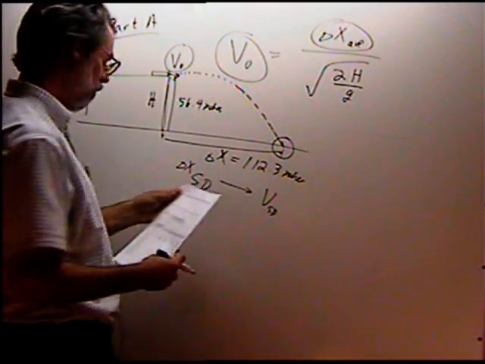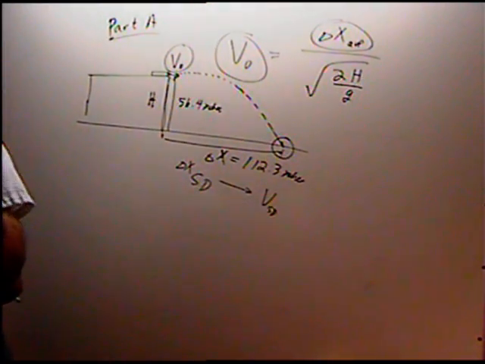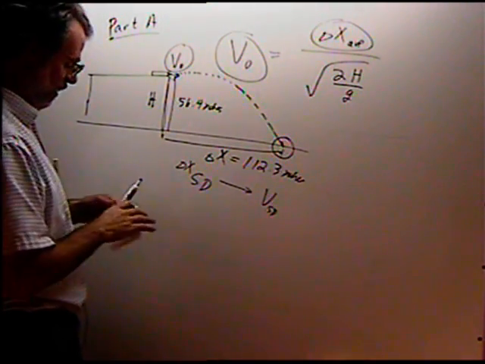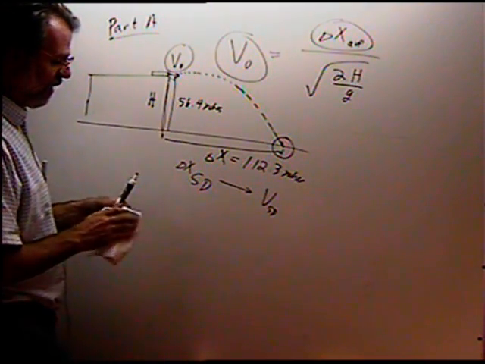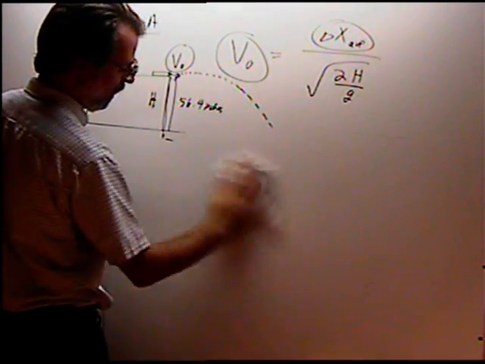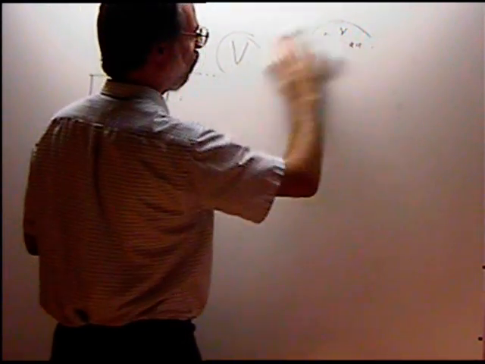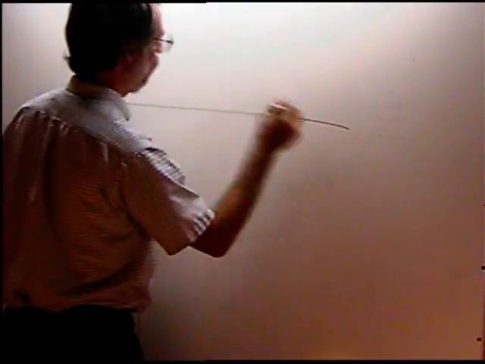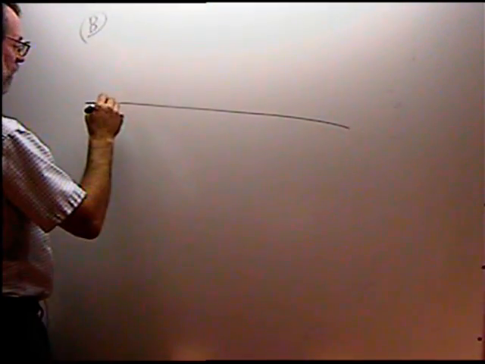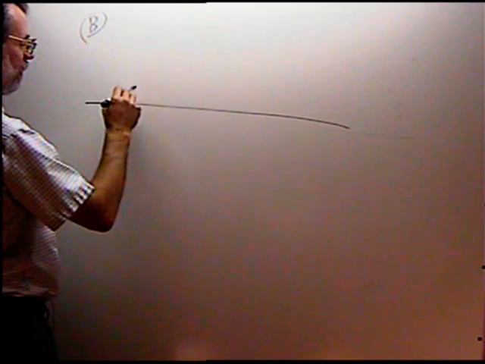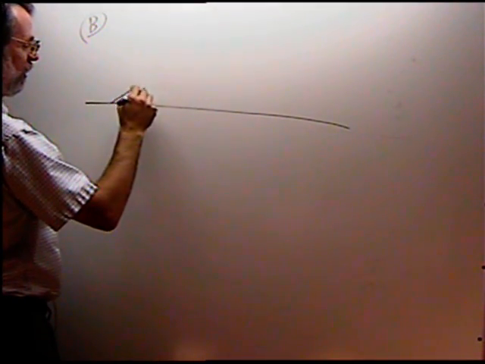In part B is a little bit different. In part B, we're actually doing a full projectile motion across the floor, where we're laying the gun at a certain angle. And this angle here is critical, and we're going to measure